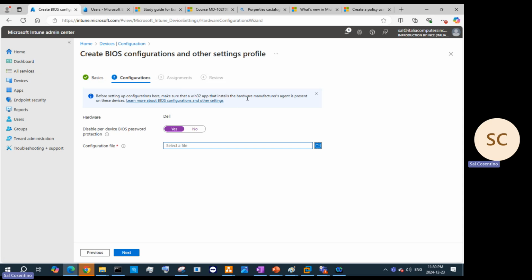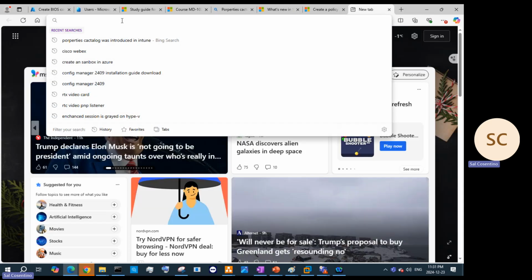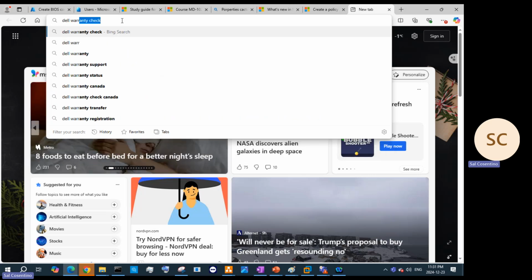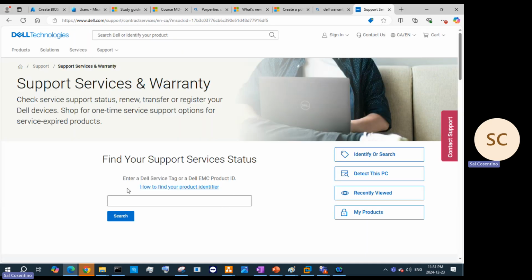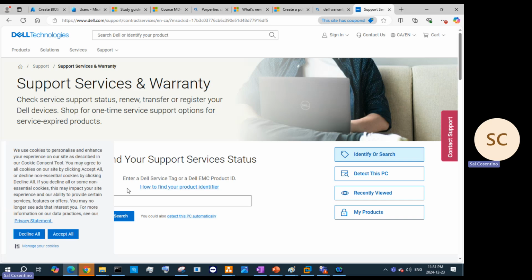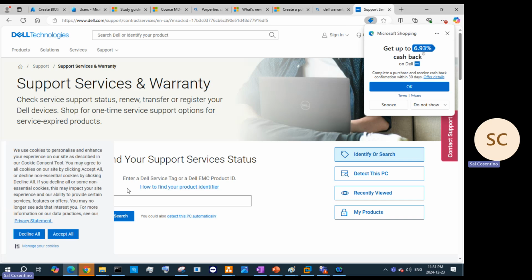Ensure that we're signed in. So in this case, we have to ensure that we're signed in. We can give our machine here. So if we go to the Dell warranty page, right, and provide... see, we don't have it. Okay. So if I were to give, for example,